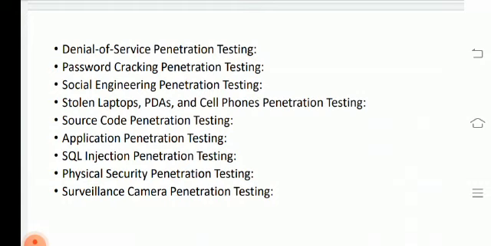Next is surveillance camera penetration testing. Okay, surveillance cameras can be used to monitor the live target. The surveillance camera can be prone to security flaws due to non-robust design of the web interface created for the surveillance camera activities. Okay, as a pen tester, you should try to find out vulnerabilities in the web interface of the surveillance camera. Okay, you should do the following things to test the surveillance camera.